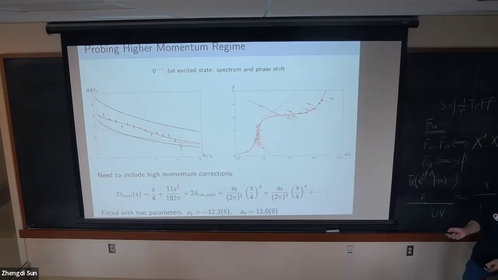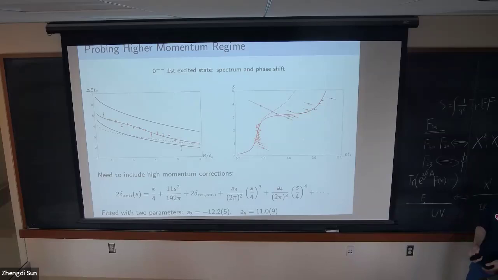Originally we want to ask the question why it has such large deviation. The solution I want to try is to add higher order corrections to the phase shift. Here we know the leading order term of the phase shift and also the one loop correction, as well as corrections from the resonances. On top of that, I also use two more parameters with cubic terms and quadratic terms to fit for this phase shift, and it works very well in this